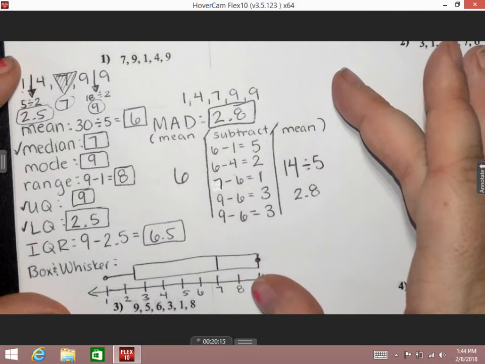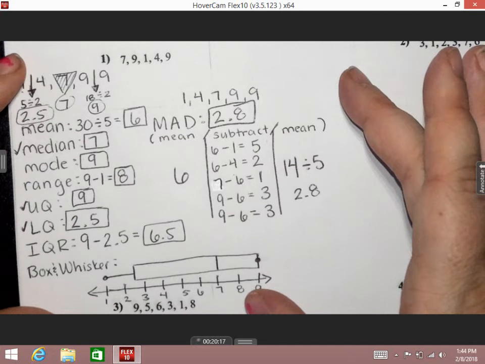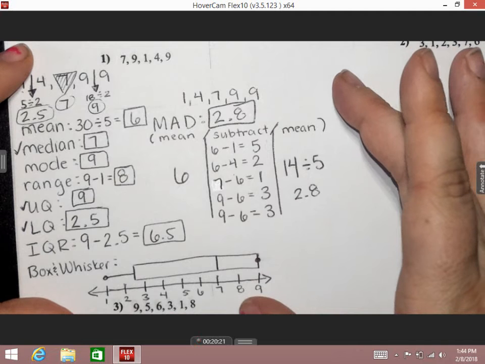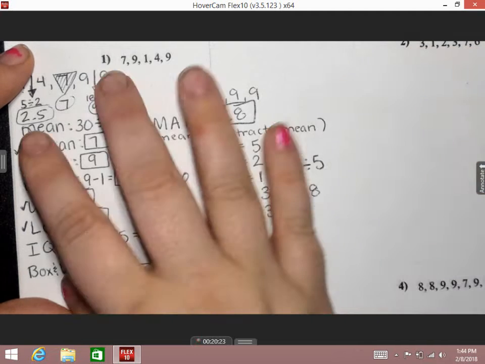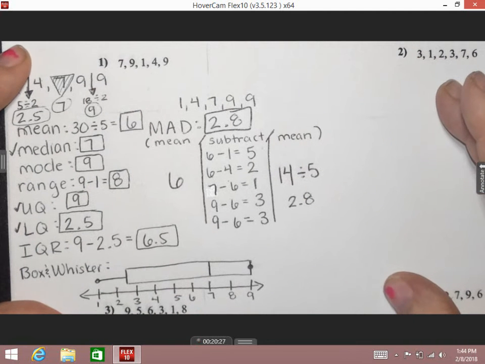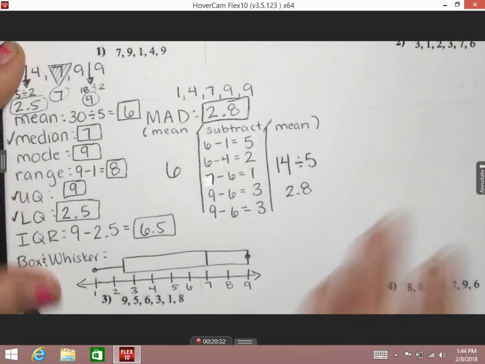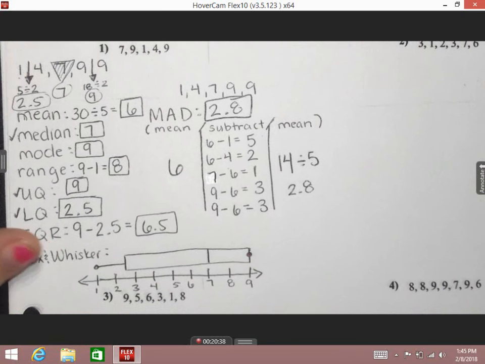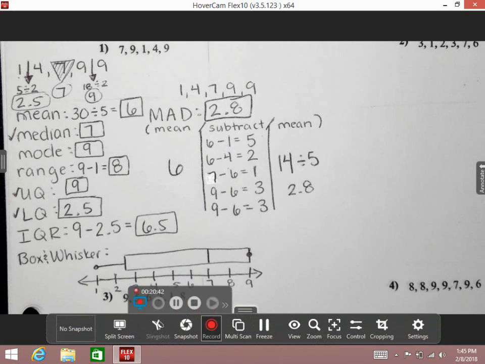Guys, that's a lot of work. A lot of us write a little bit larger than the amount of space is given. Please, if you have gone over into where number 2 is, please work it on a separate sheet of paper. Okay? Tomorrow we're checking 2, 3, 4, and 5 for accuracy before we take our quiz. Okay? So you have the rest of the period to work on this. I'm going to be walking around and helping, so if you have a